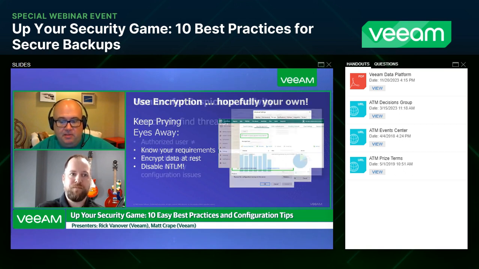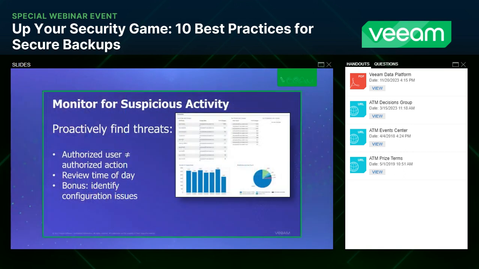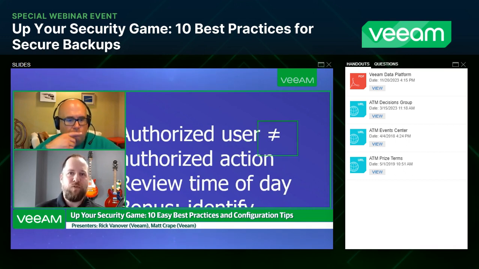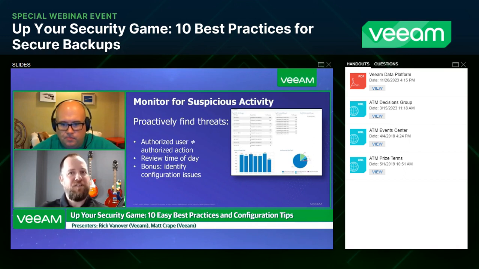Next tip is looking for those suspicious individuals. This is an interesting set of advice here. How would you recommend looking for suspicious activity? Yeah, absolutely. So that first point, right? An authorized user does not equate authorized action. Somebody's password could be compromised, right? That account is authorized to do these things, but the action itself is not actually authorized because it's an outside